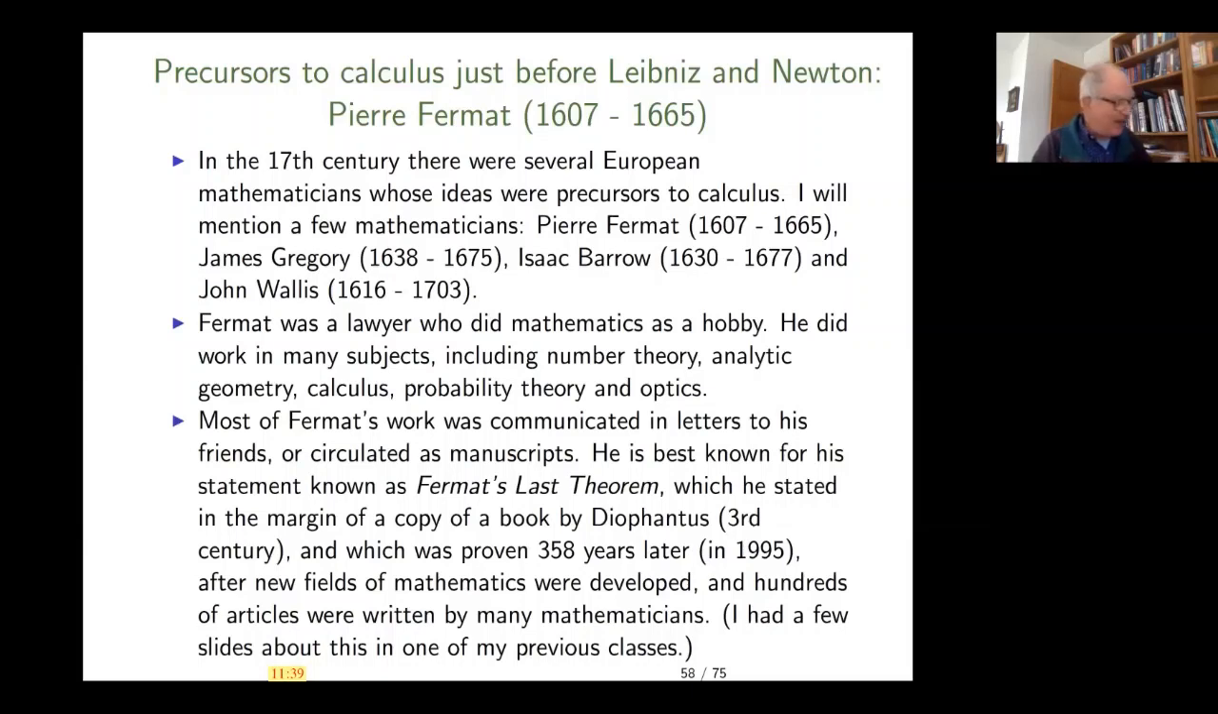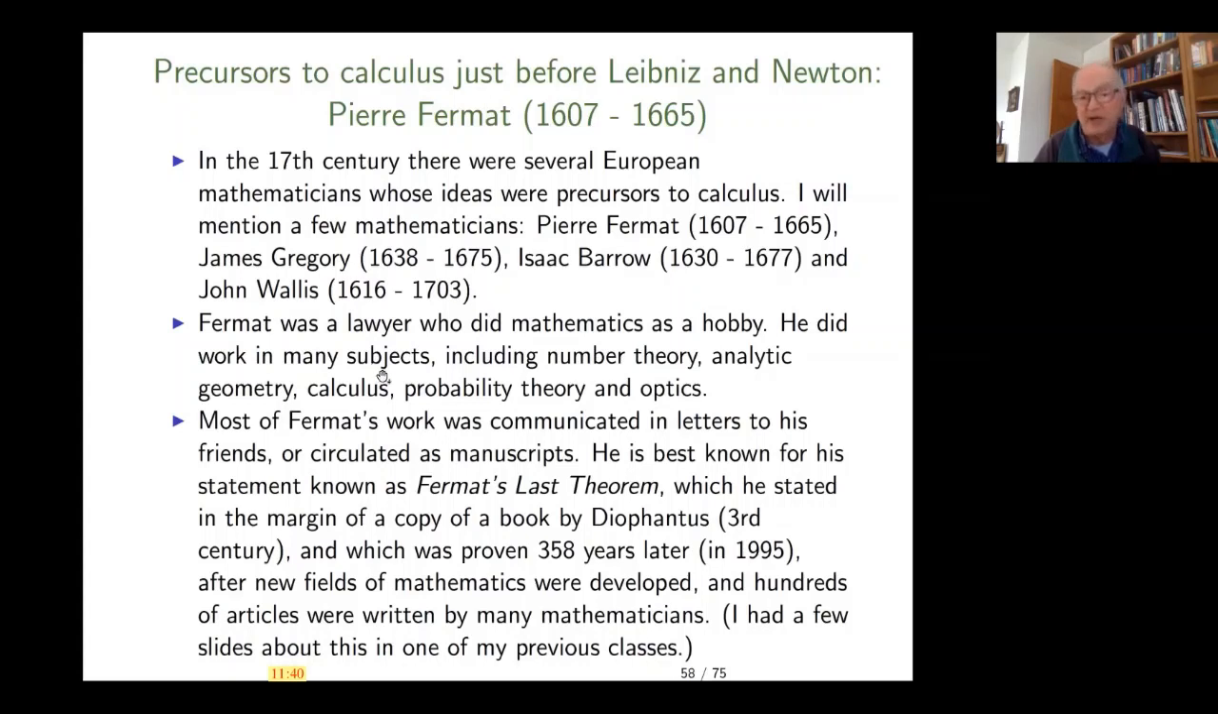So since I was talking of history, of who was there before Leibniz and Newton, I need to mention a few mathematicians who already had some inkling that something was going on there. In the 17th century, Pierre Fermat, French, and a few English mathematicians: James Gregory, Isaac Barrow, and John Wallis. So, talking of Fermat,